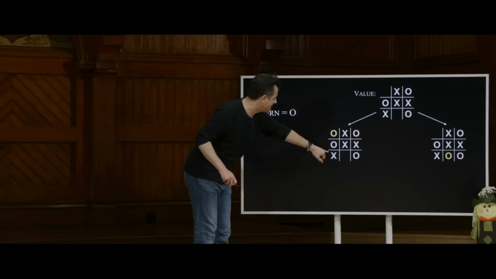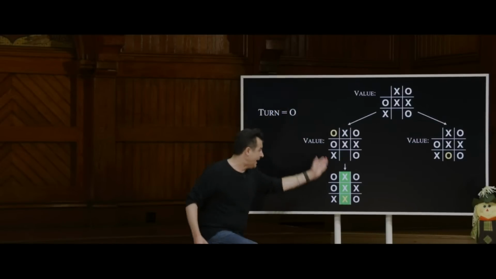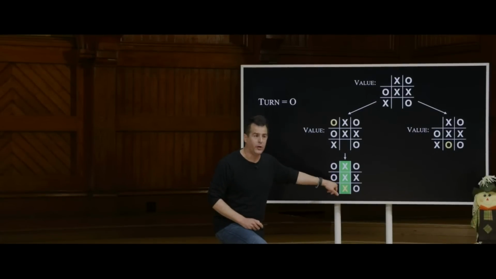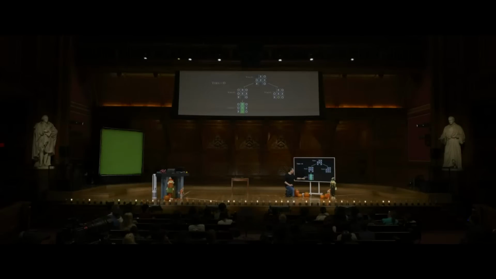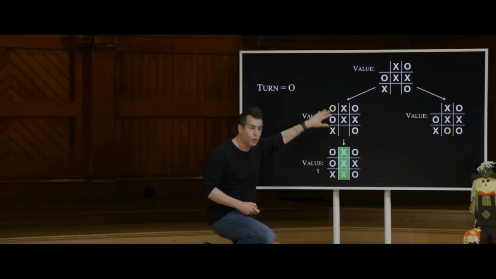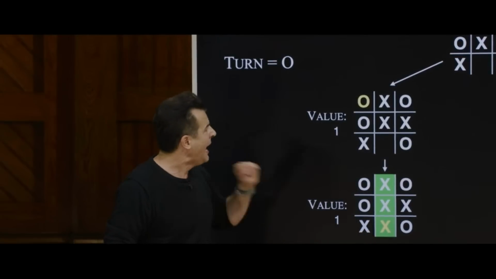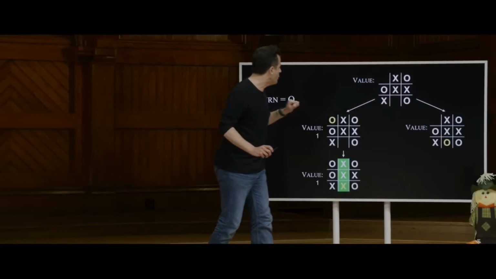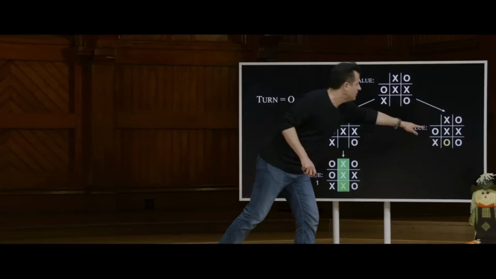So what could happen next here? Well, it's obviously going to be X's turn next. So if X moves, unfortunately, X has won in this configuration. We can now conclude that the value of this board is what number? So 1, and because there's only one way to reach this board, by transitivity, you might as well think of the value of this previous board as also 1, because no matter what, it's going to lead to that same outcome. And so the value of this board is actually still to be determined, because we don't know if O is going to want to go with the 1, and probably not, because that means X wins. But let's see what the value of this board is.